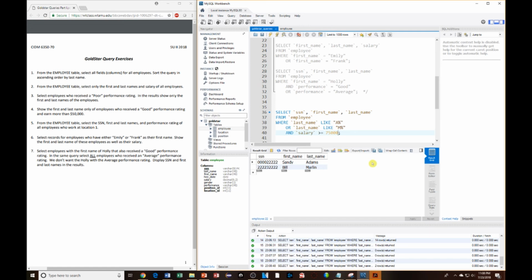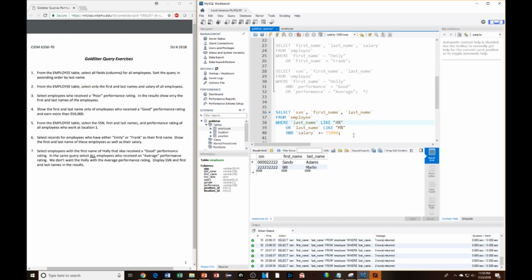We get two people. Now, this is where I like to interject that when you're writing code, the code will always do what you tell it to do, but it might not do what you want it to do. So you really have to be sure that you're telling it what you want so that it does what you want. So here, what I was saying about ors and ands is that the ands will hold together. So this statement as it stands, we have it broken up into two parts. The statement actually reads where last name starts with A, or because the and statement is here, it's as though we have this grouped together. So we're saying this condition or this condition. So where last name is like A% or last name is like M% and salary is greater than or equal